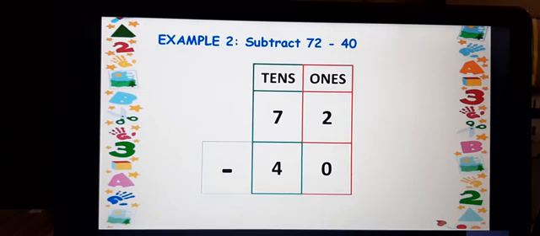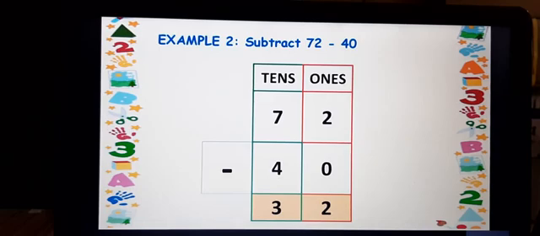Okay, 7 minus 4. Catch hold of 7, and for the 2 also, if you take hold, there is no subtraction number, so 2 only is left, right? You are not folding any finger, right? Like that only. So next, 7 minus 4 here. 7 is there. In 7, if you remove 4, how many are left? You will be left with 3. So 3 will be the answer there. So the total final answer will be, yes, very good, that is 32. Your answer is 32 here. Very good children. Well done.